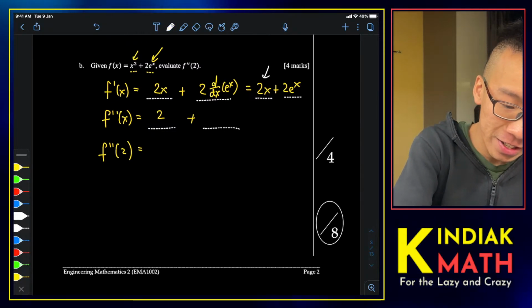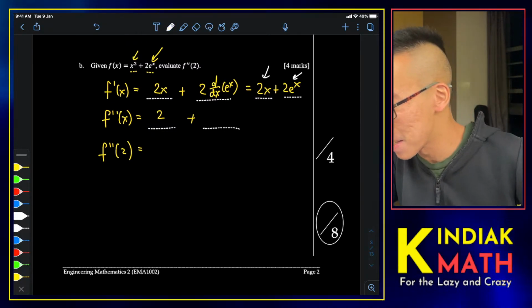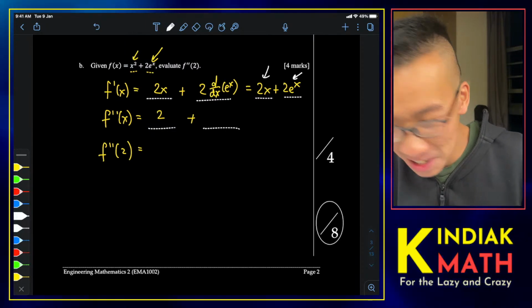And if we differentiate 2 times e to the x, once again, oh, hi Legolas,